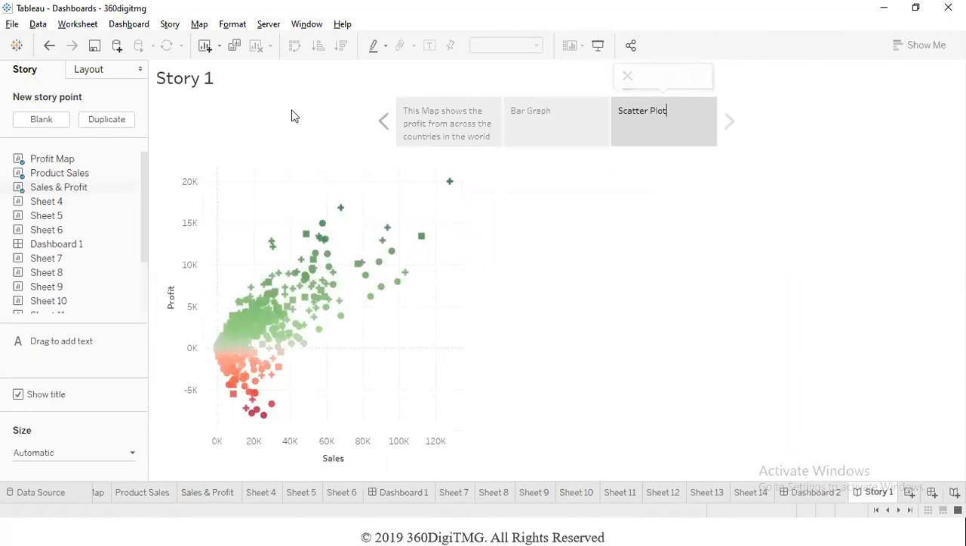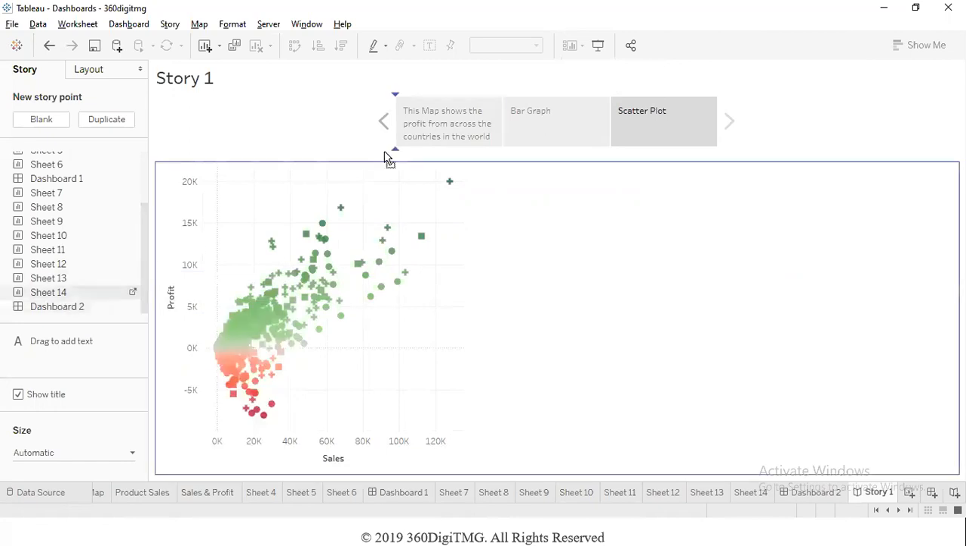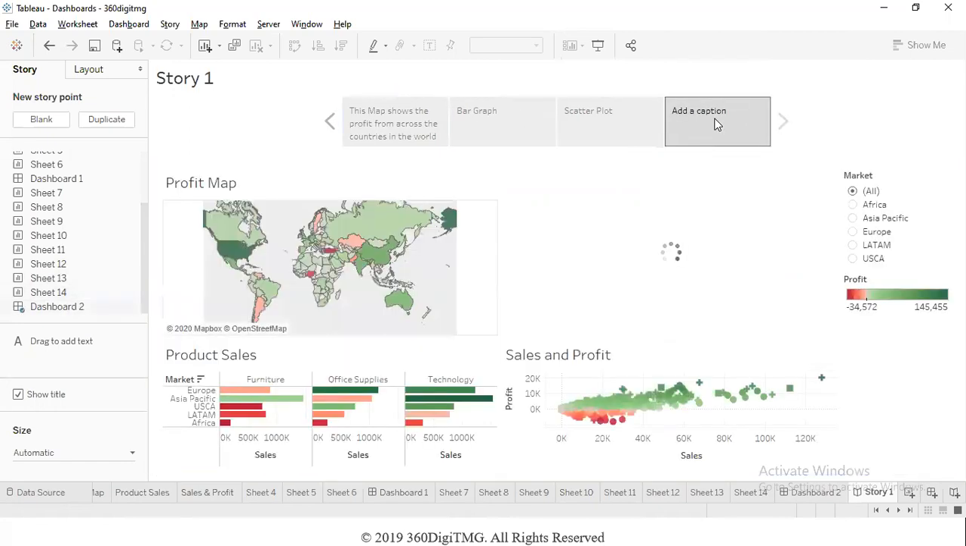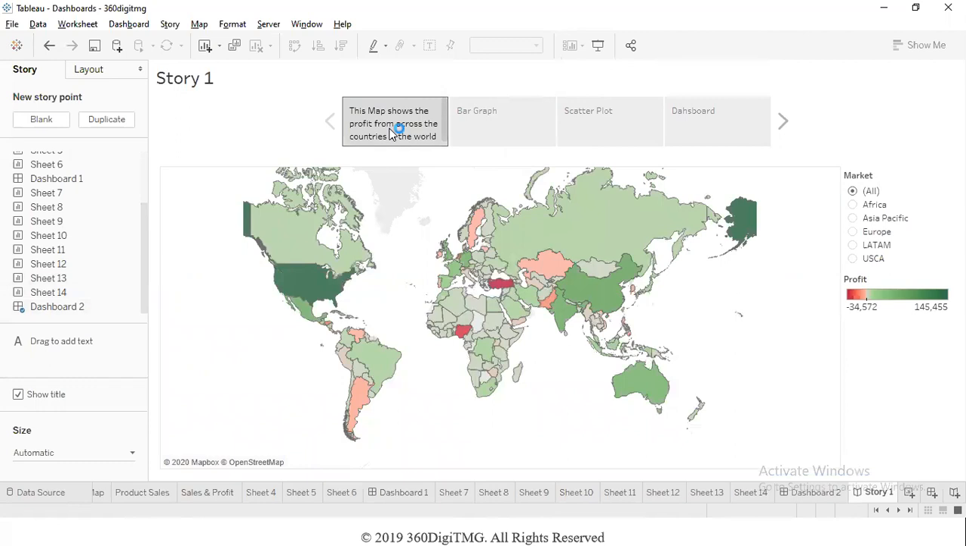scatter plot. And not just worksheets, even the dashboards that we have created, we can bring them and arrange them. So this is a dashboard. Though it is just arranging everything in a proper sequence,